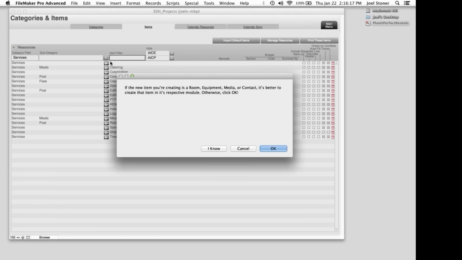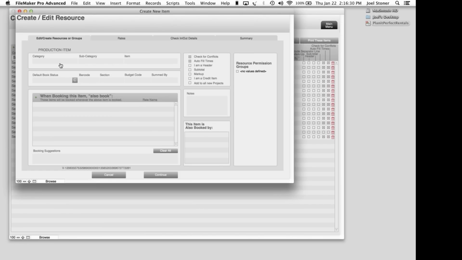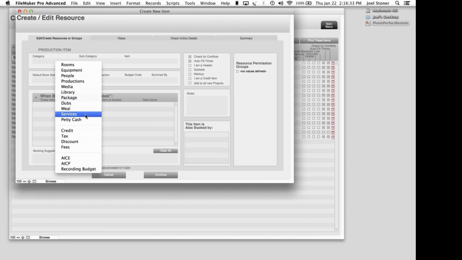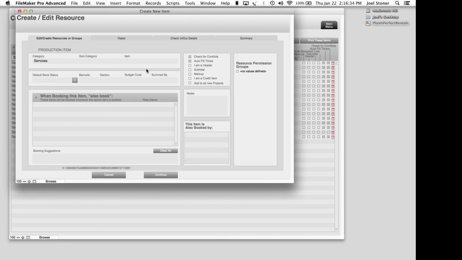And let me say, I'm going to click the plus button, and it's reminding me that if it's a room, equipment, media, or contact, go create it in that module, because there's a lot of good metadata available in those modules that's not available here. So I'm going to click OK. What's the category that this belongs in? I'm going to create service, and let's call the item